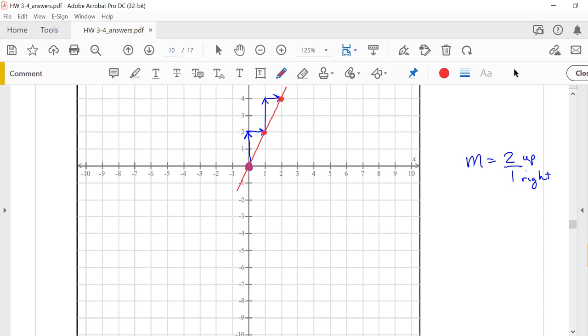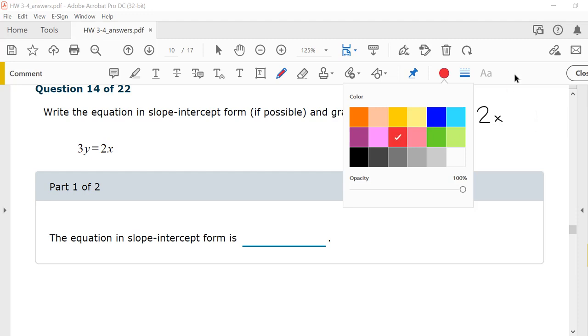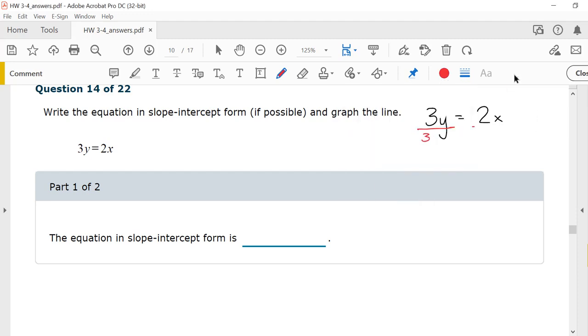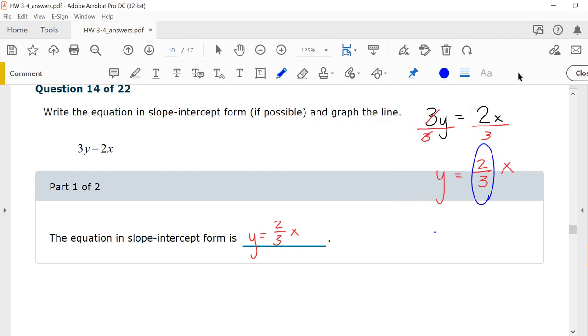There's my line. Number 14, you have 3y equals 2x. Dividing both sides by 3, I get y equals 2x over 3, which can be written as 2/3 x. So slope-intercept form is y equals 2/3 x. My slope is 2/3,